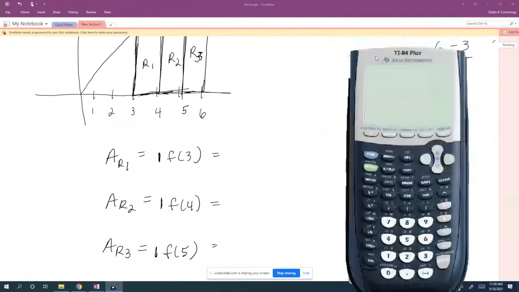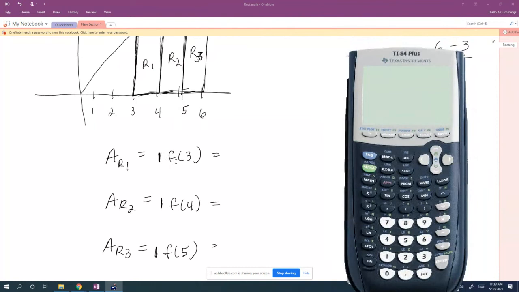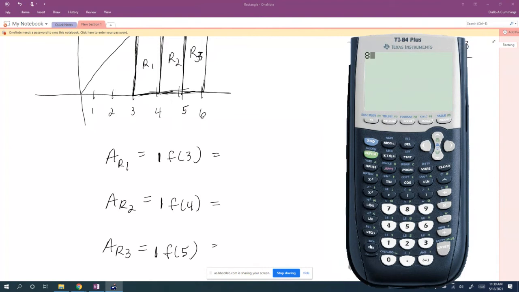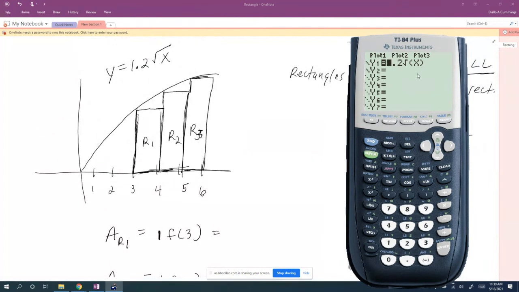Now, in order to make these calculations a little bit lighter, I'm going to use the graphing calculator. I'm going to turn it on. I'm going to go back into y equals, and notice we have 1.2 times the square root of x. If I want to find f of 3, there's a couple of ways I can do this. I can simply put in my calculator 1.2 times the square root of 3, and that would give me the value. Or,